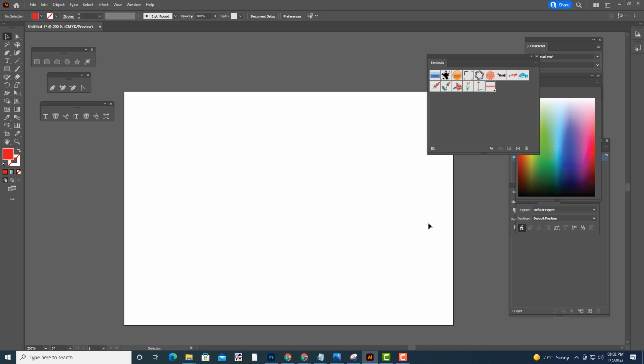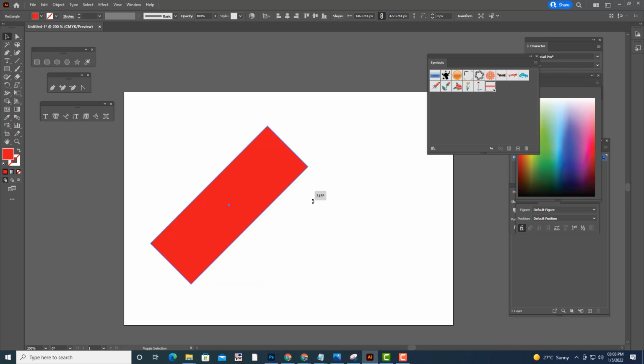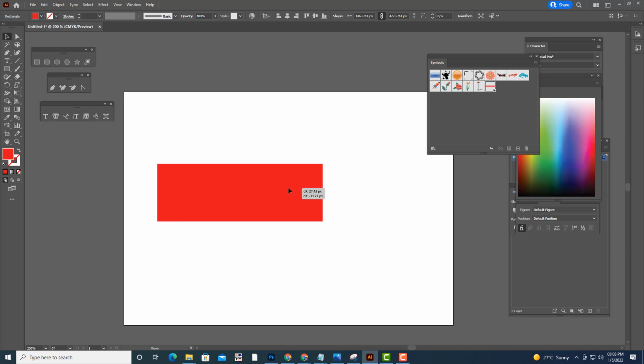Now that we have this symbol, I will select one rectangle, one more rectangle, and I can rotate it, and then let me apply a revolve option to this.